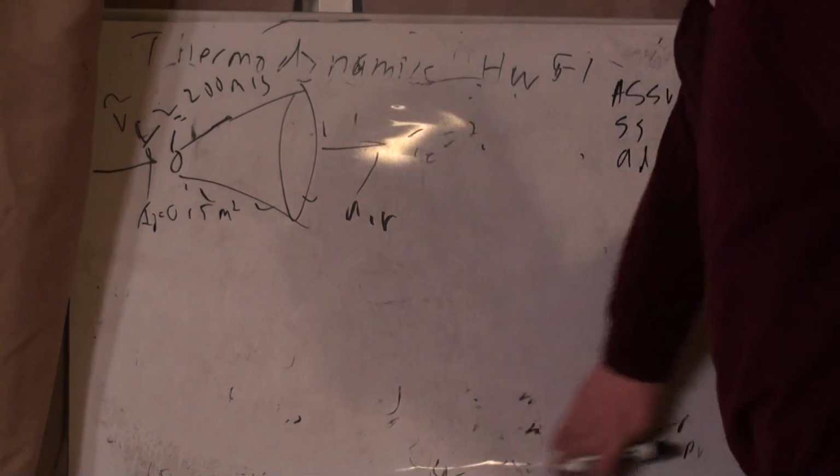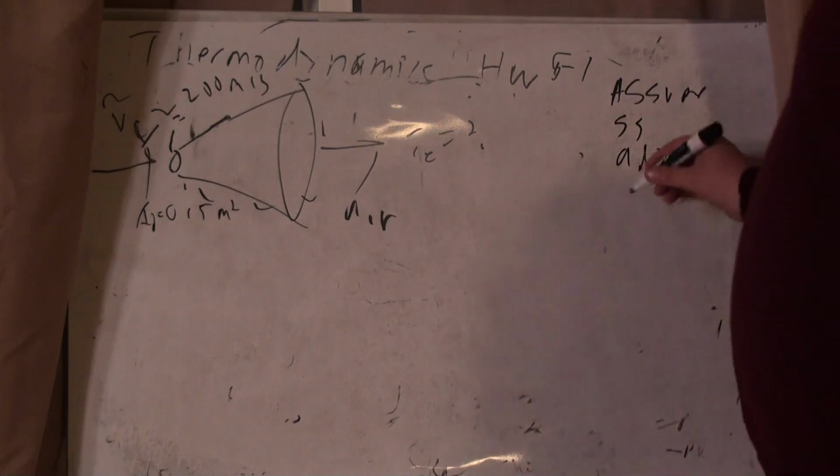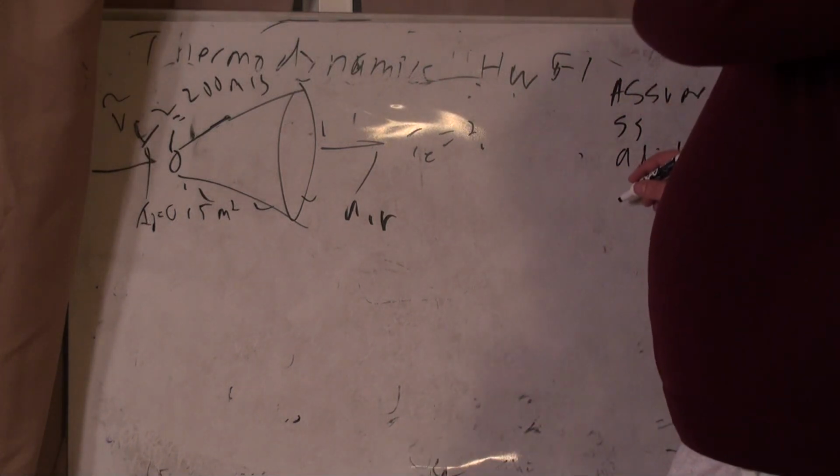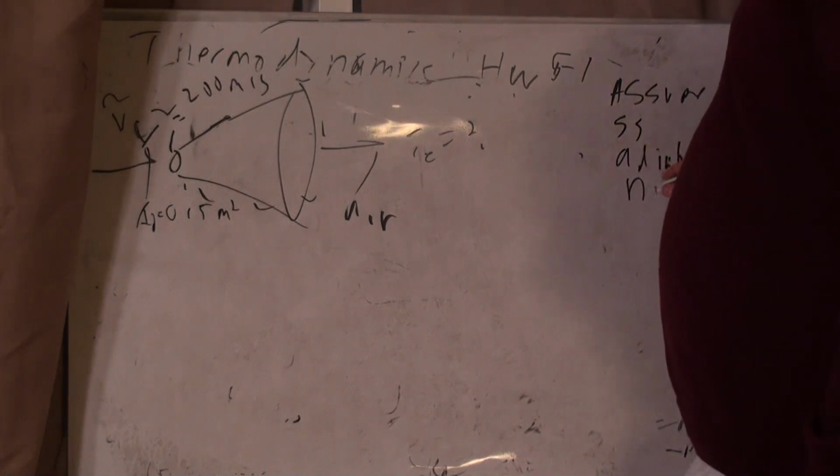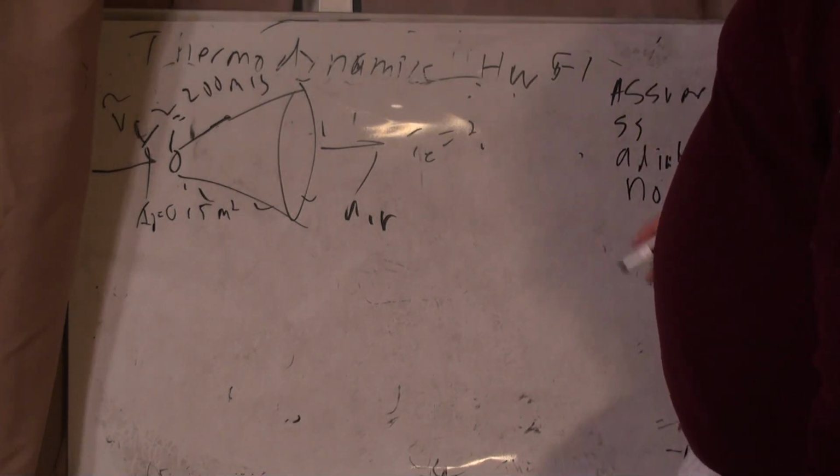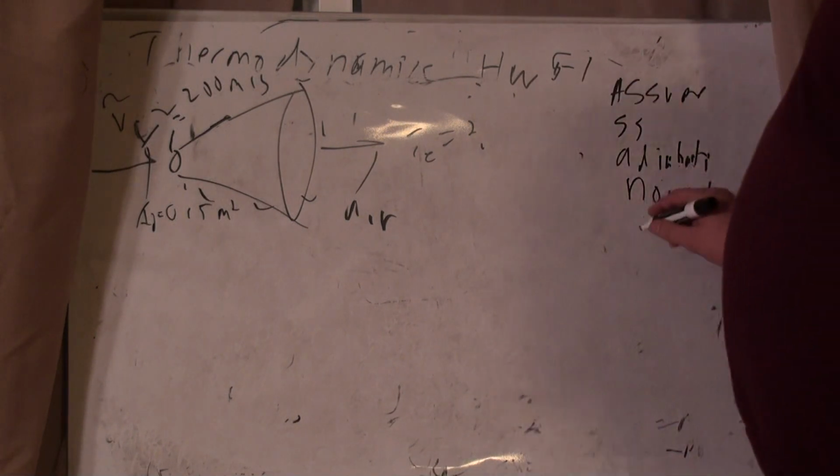There's just not enough time for heat to transfer. I'm also going to assume that on a jet engine, now there is a jet engine, but the jet engine isn't part of this. This is just the diffuser part. And so there should be no work in this case. Okay. So I'm going to assume a steady state, it's adiabatic, no work,